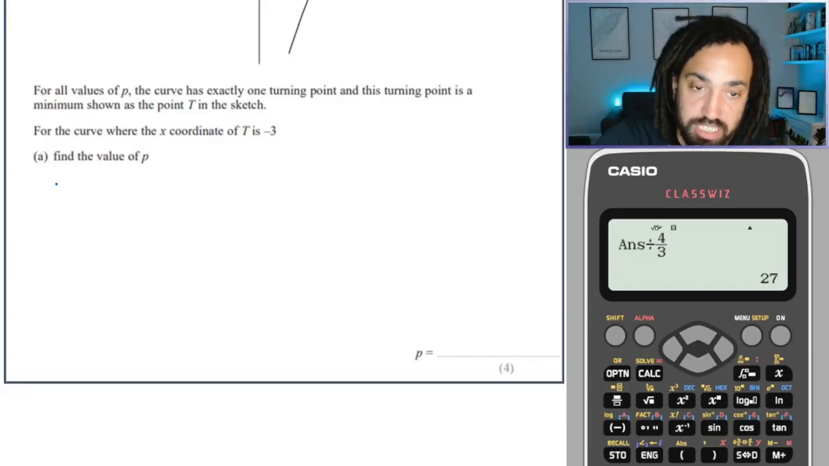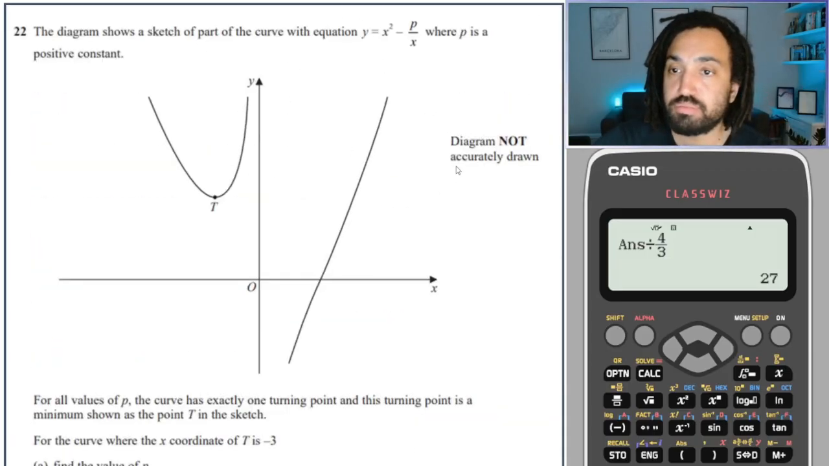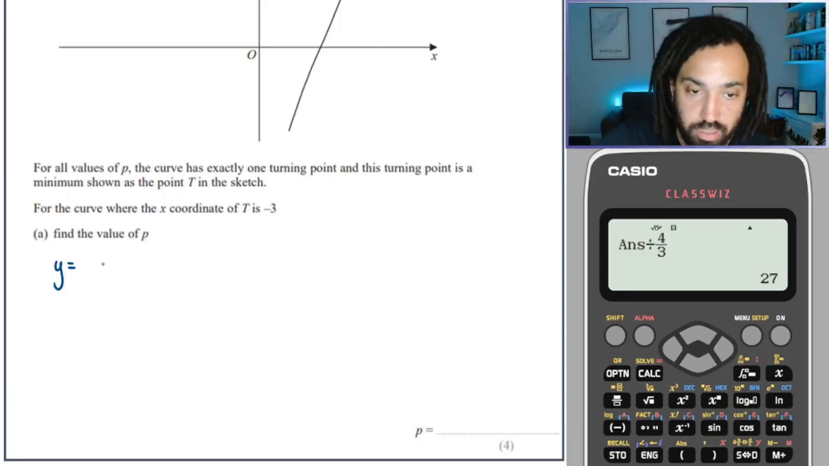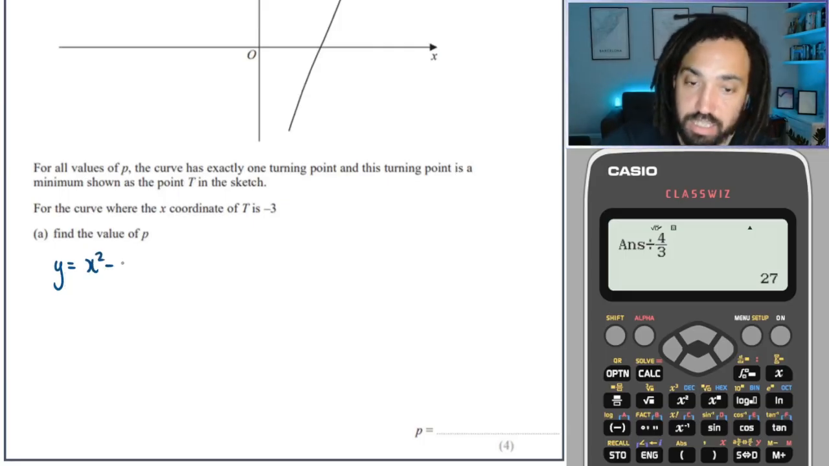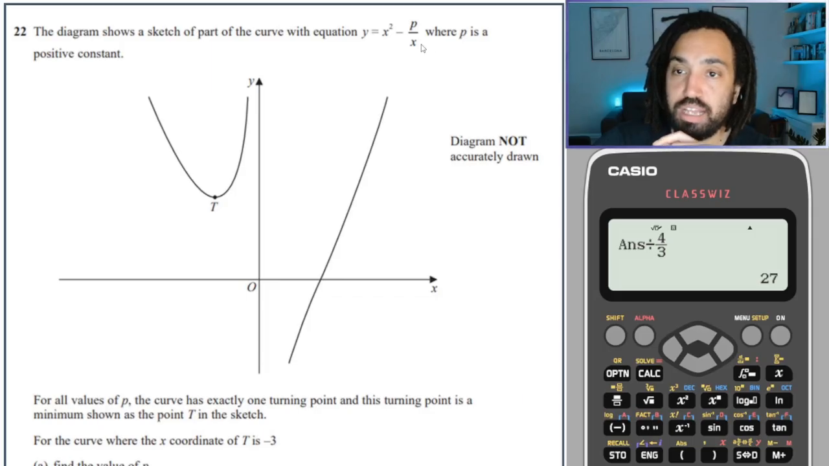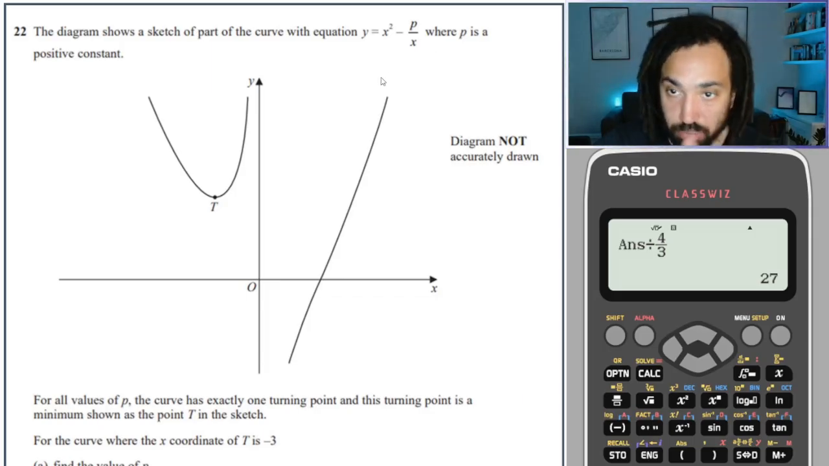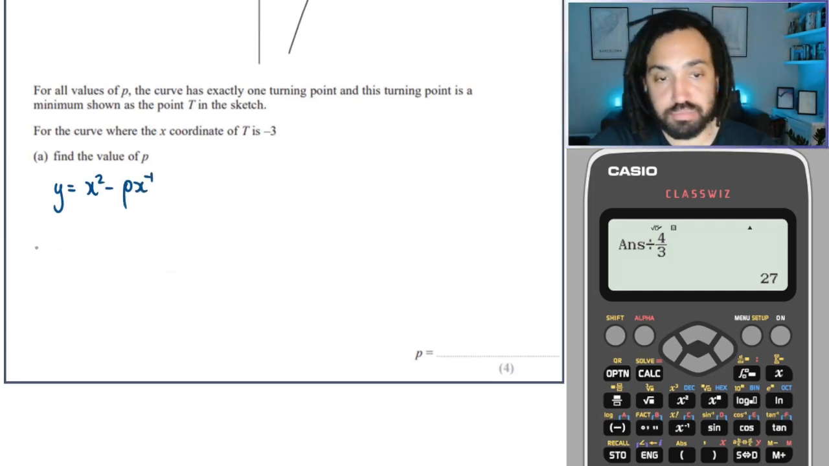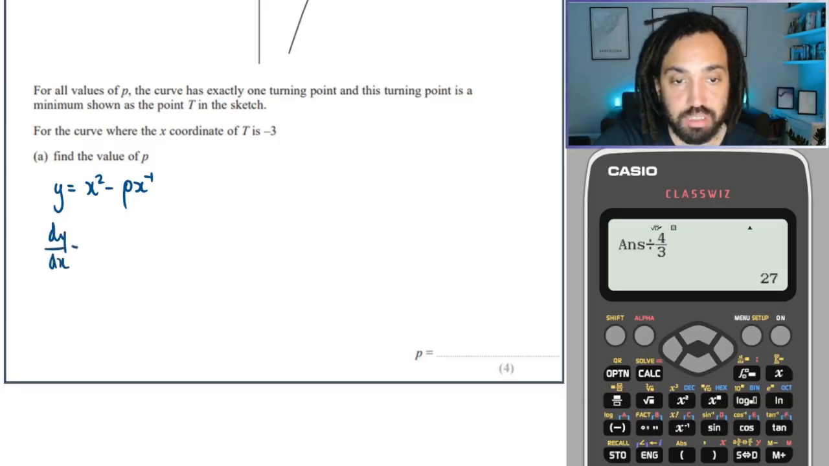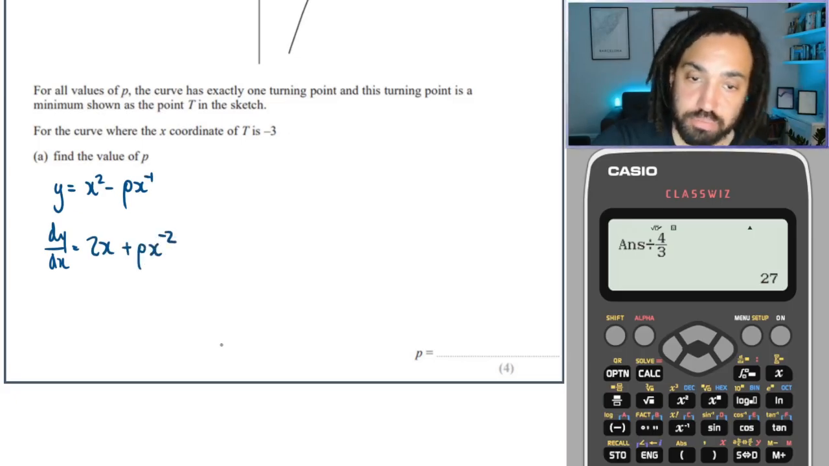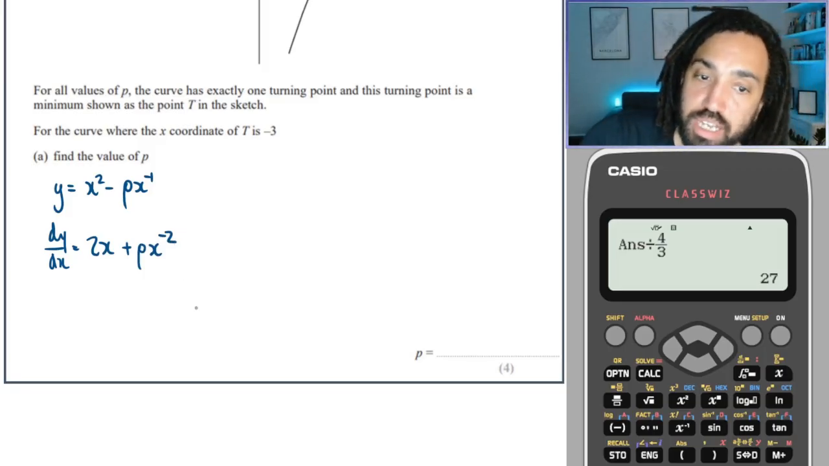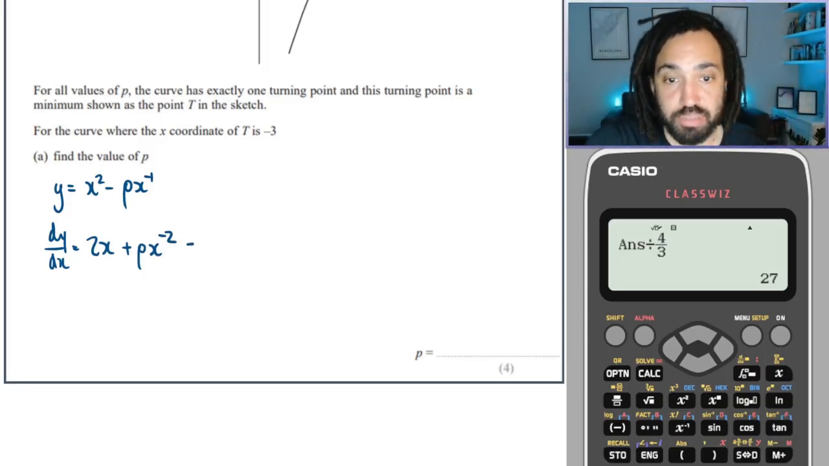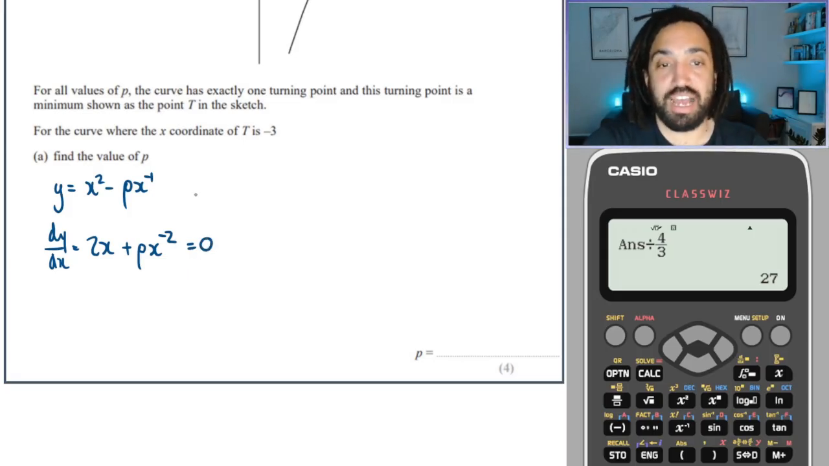So what I'm going to do is write it out as y is equal to x squared and then minus p, and then the x is x to the minus 1 because it's on the bottom. So it's minus p x to the minus 1. Okay, let's differentiate that. We get 2x, and then with the minus 1 comes down with the minus there to make plus px to the minus 2. Okay, and we know that there's a turning point, so that means the gradient equals 0,